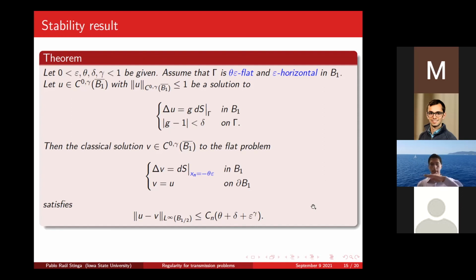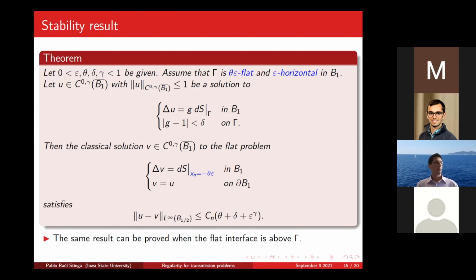So if the plane is from below and everything is very small, the gamma is very close to the plane and G is very close to 1, the flat solution is close to my curve solution, all right? So this is like saying the harmonic extension of the solution in the case of an elliptic equation is close to the solution. And if you put the flat interface above, then you can also do the same. You're just putting here below the interface. Okay, and this is the key to obtaining the regularity. That first